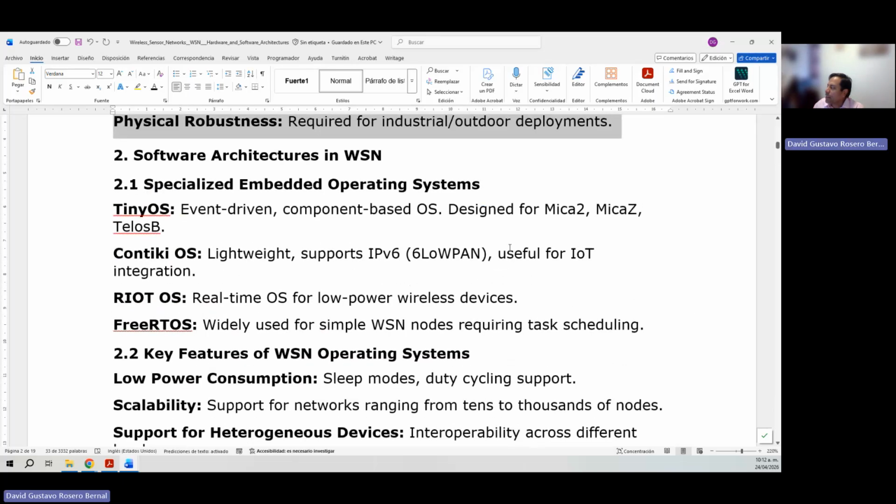The second part of the phase involves some software architectures in WSN. So for this, we need to include the specialized embedded operating systems. And you need to consider that unlike traditional systems, WSN nodes require extremely lightweight, highly efficient operating systems. Prominent operating system choices include this one: